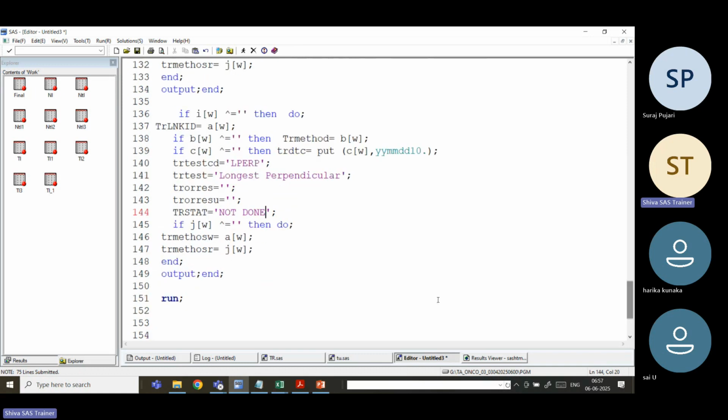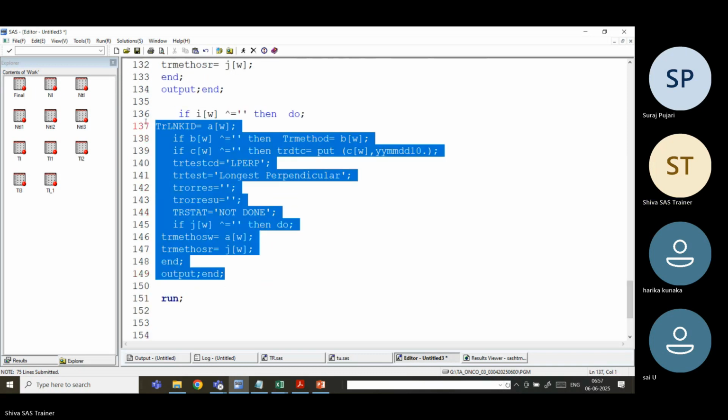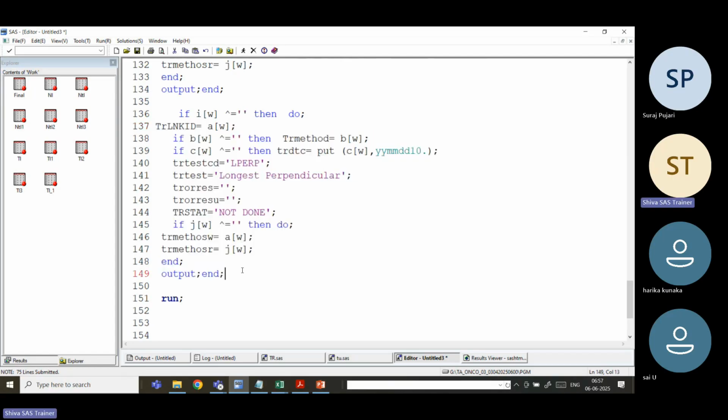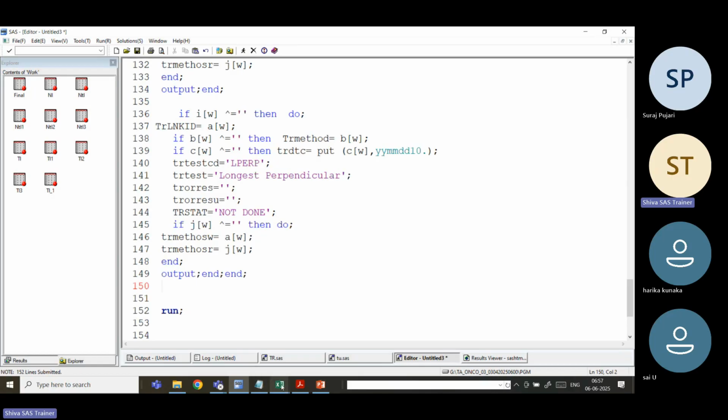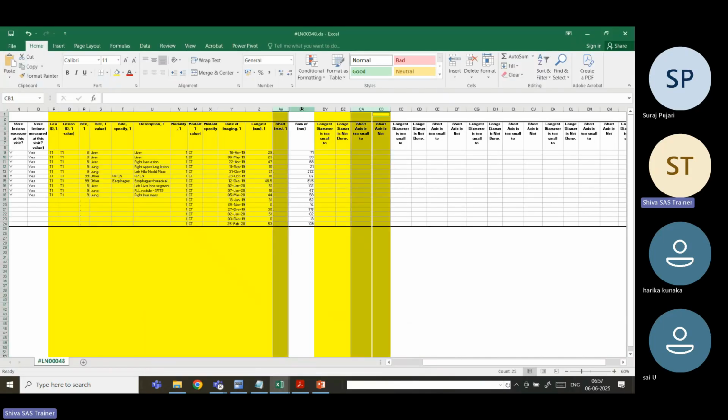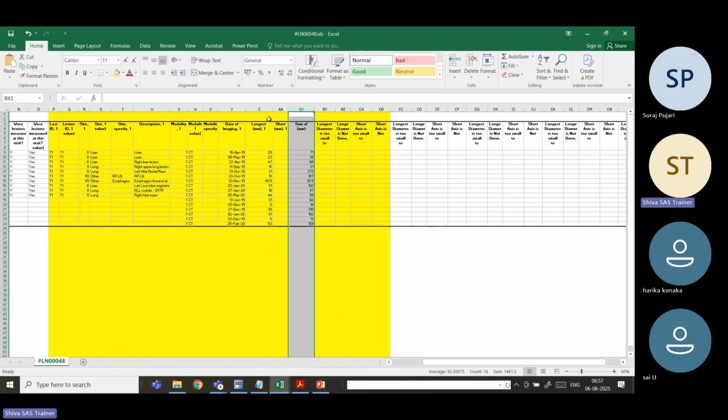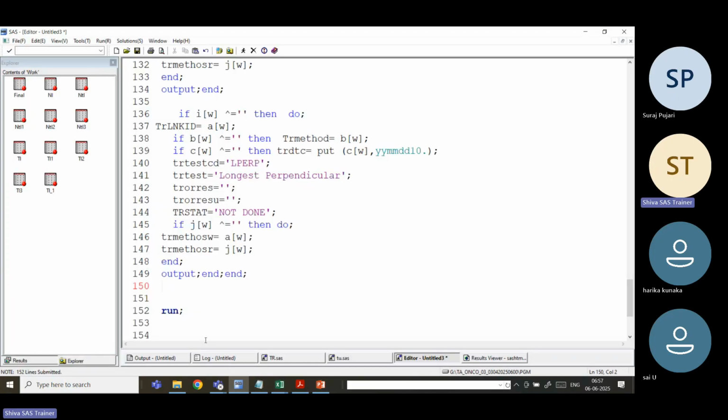Last one is sum of the diameter also there. So up to here the loop is ending. And after that, here we have one more column, that is sum of the diameter. Okay, already sum of all this one. So if sum dia not equal to missing, then do